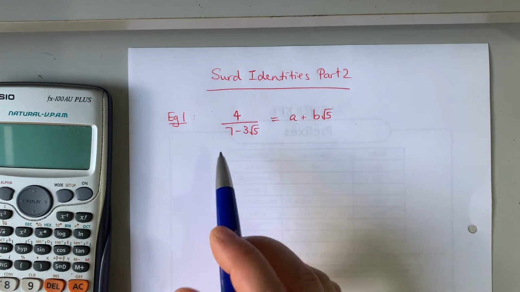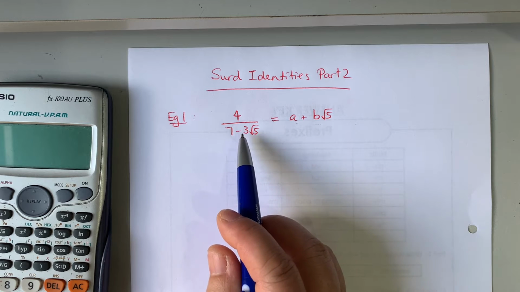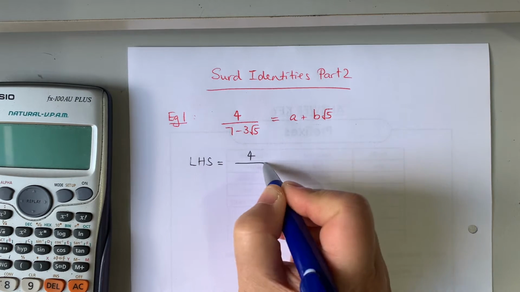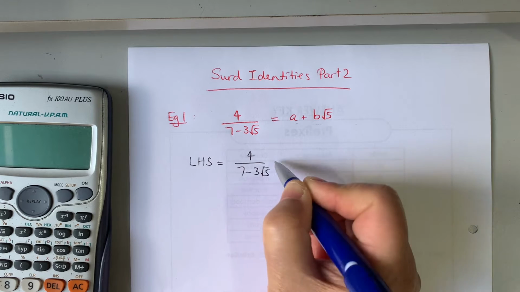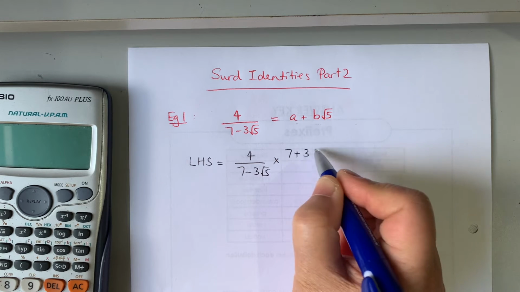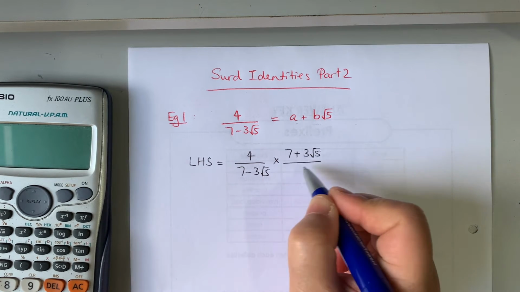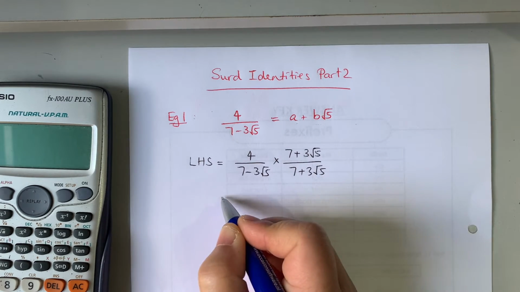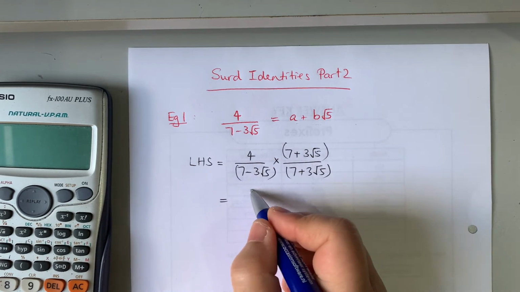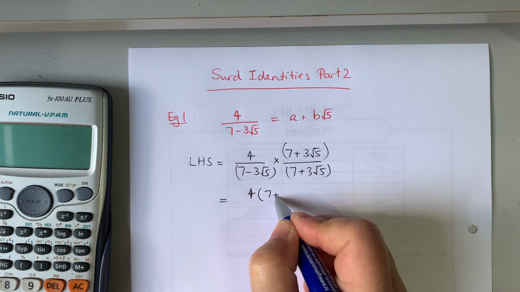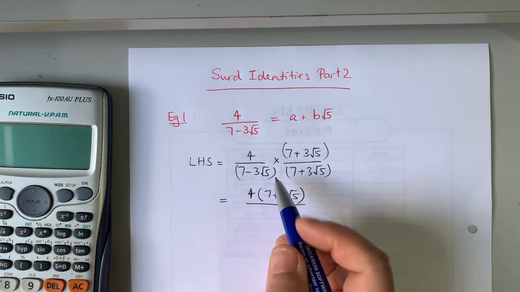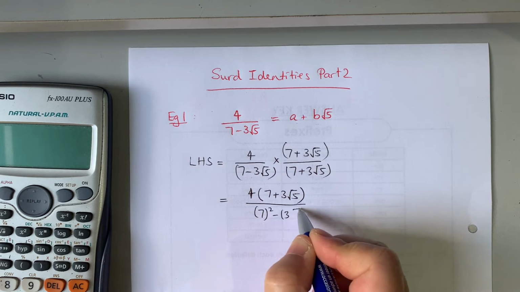So with example 1, the first thing you need to do when you see these is rationalize. So let's start from the left hand side and rationalize our denominator by timesing the conjugate of that surd in the denominator there. So 7 plus 3 root 5 over 7 plus 3 root 5. Timesing the top, put brackets. So 4, I'll leave that factorized for now, just in case we can simplify by cancelling. So the bottom bit's a difference of 2 squares, so it'll be 7 squared minus 3 root 5 squared,